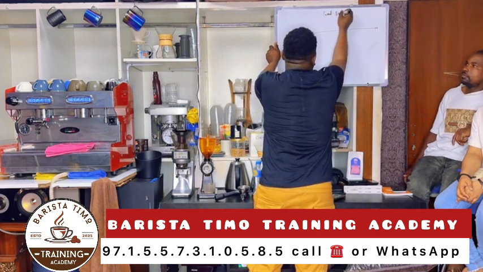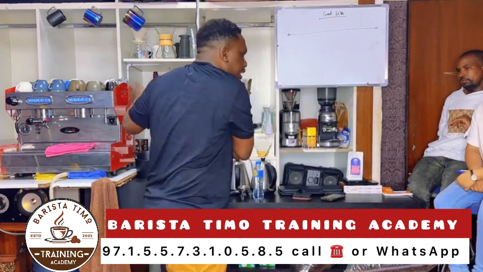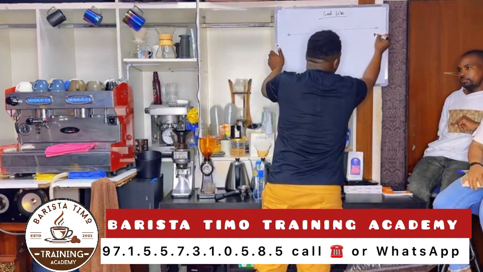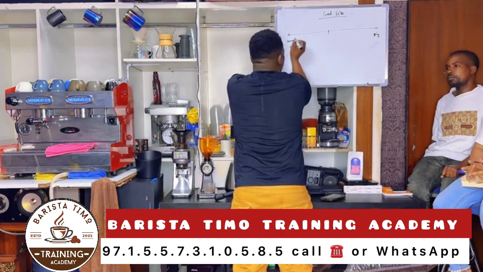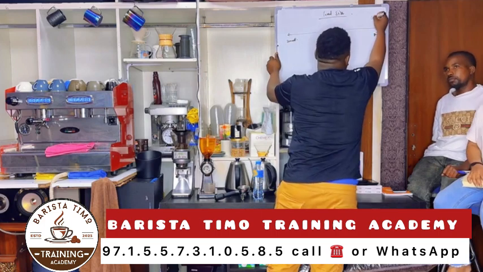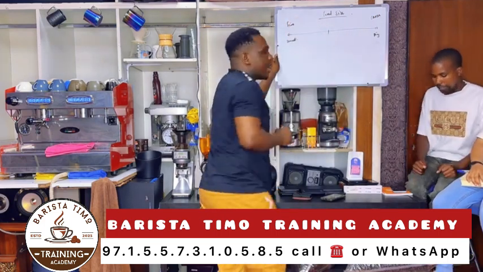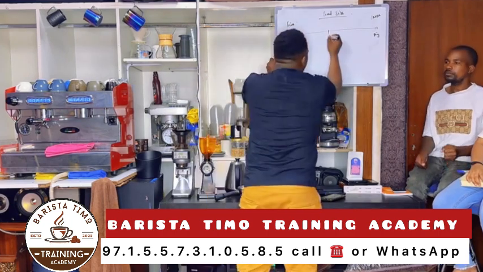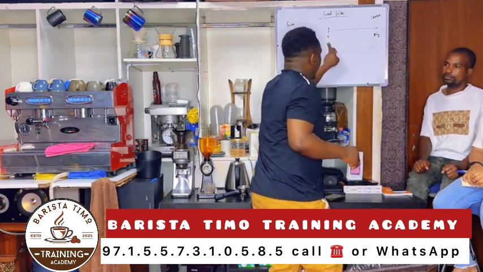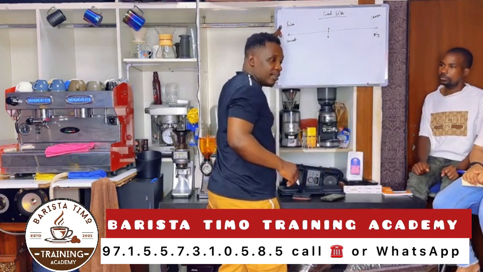So, what I'm going to show you is what we call the grind size. The coffee grinder works two ways. It can grind the coffee particles so they are big or so they are small. You understand? When the particles are big, in coffee language we call it coarse. When the particles are small, we call it fine. Let's say, for example, this is 0.0. Zero is the starting point, medium. When I go this side, I'm going coarse. When I go this side, I'm going fine.